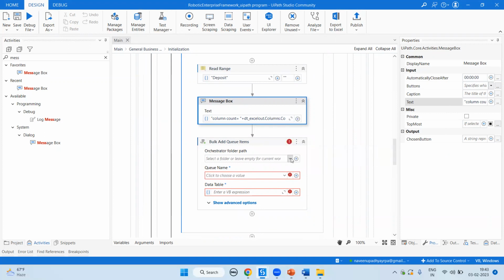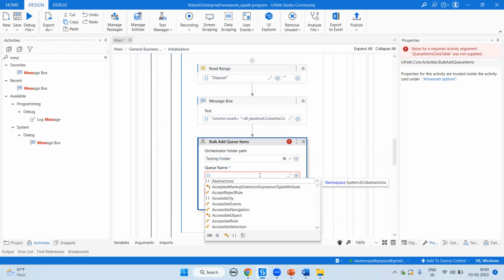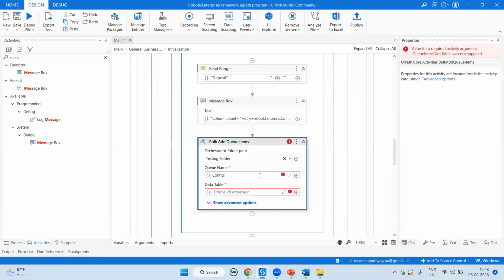Here I'm going for the path folder, that is the testing folder. What is your queue name? Directly we are not going to pass the queue name, because tomorrow you're going to change these things. Okay, so we are getting one particular config file, so the config file is the output, and there we are going to pass the